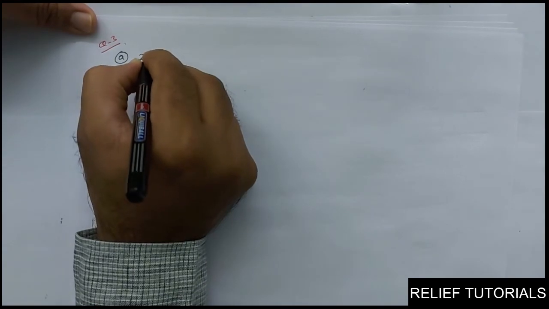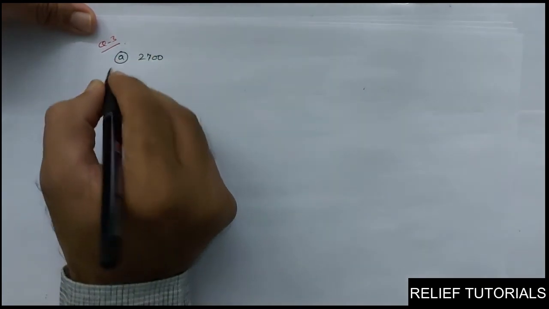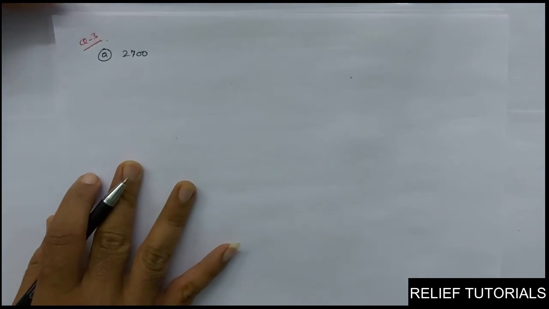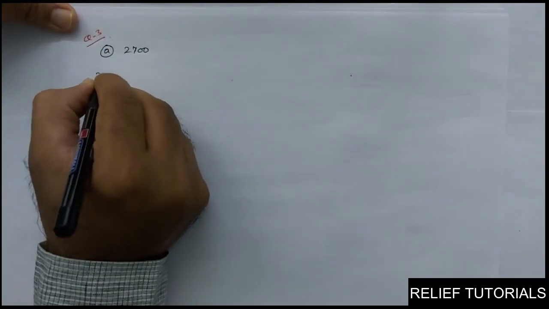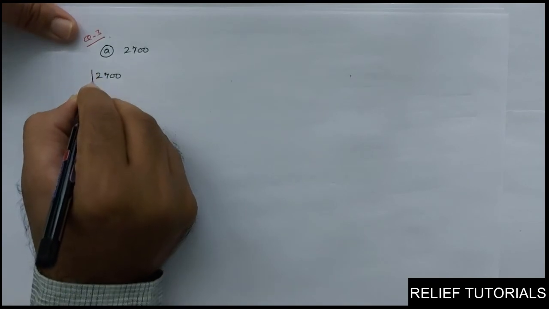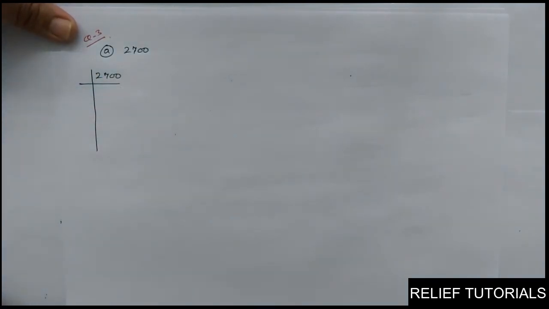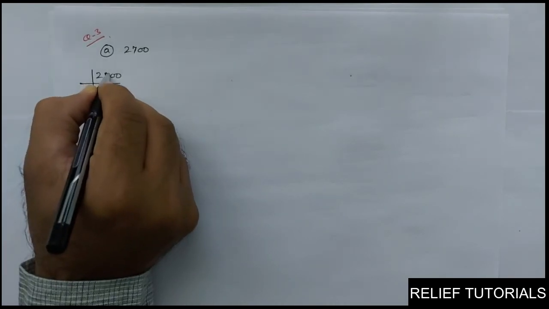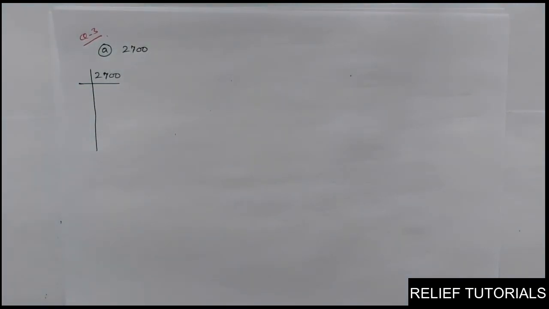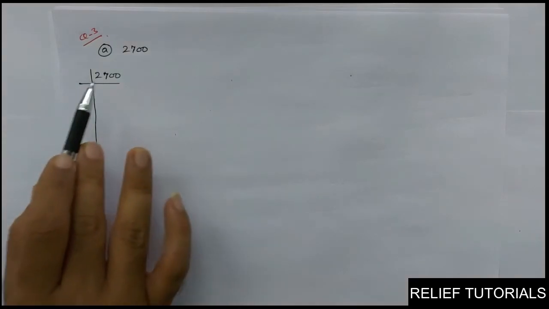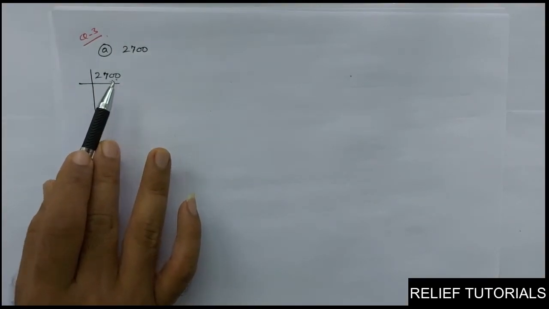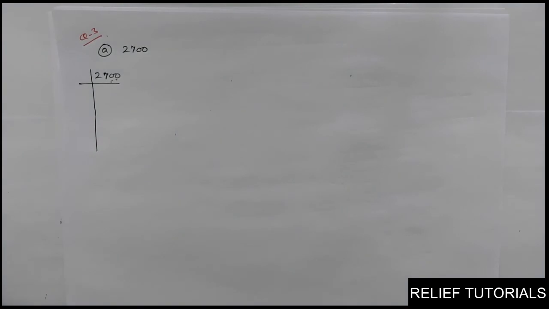is 2700. First of all, let us do the prime factorization for this. Let us start the division by 2. Sometimes if you see carefully, yes, it can be divisible by 2. But if you see there are zeros here, so it can be divisible by 5 also, or by 10 also. But if you are not going in that direction, let us start with 2.